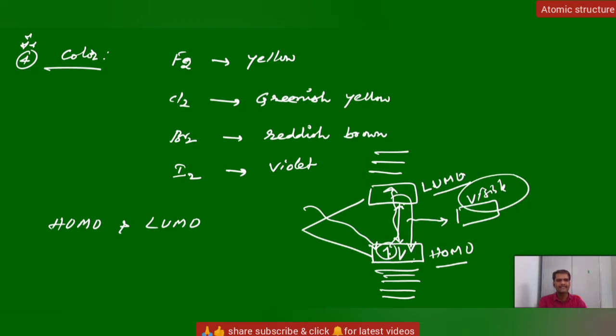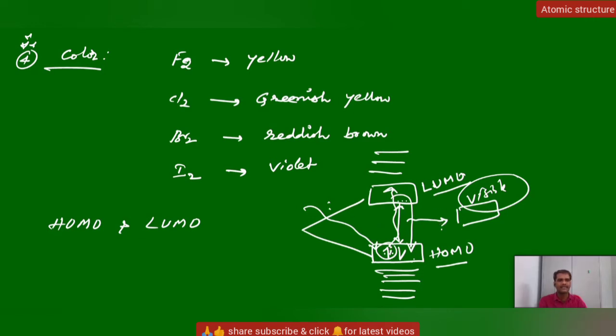So to excite this electron, the gap should be minimum. Then only the electron can excite. If the gap is minimum, it can absorb a smaller amount of energy. When it absorbs less energy, it emits more energy. Energy absorption and energy emission are complementary in nature, and also the wavelength absorbed and wavelength emitted, the color absorbed and emitted light, they are complementary in nature.